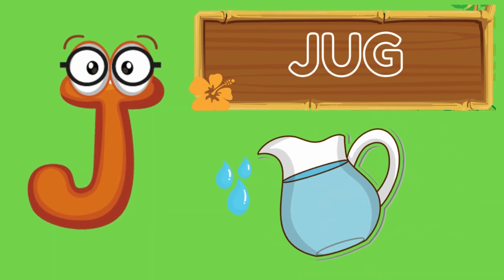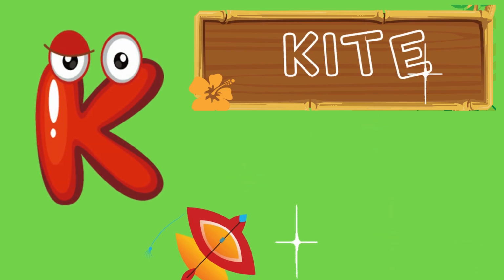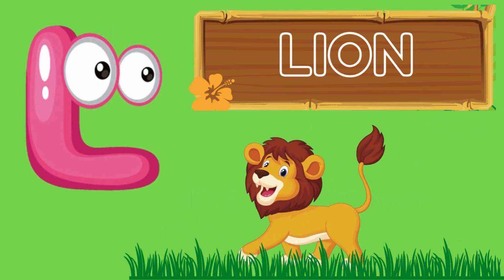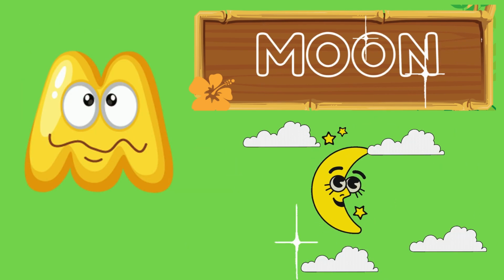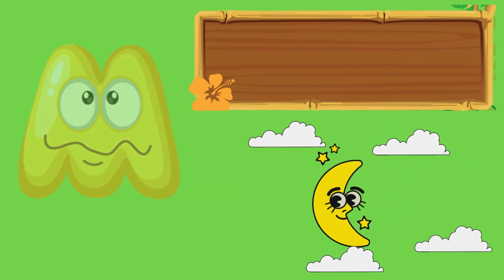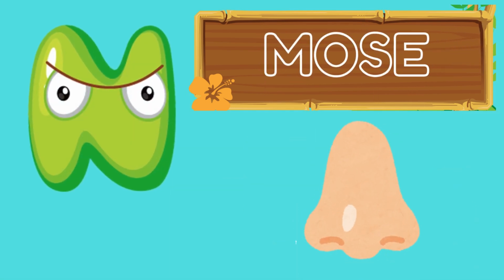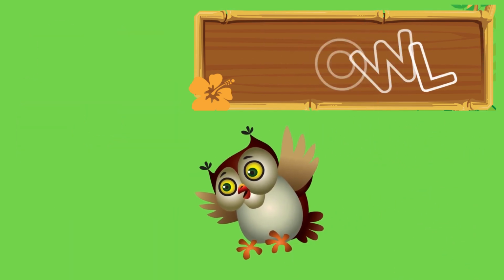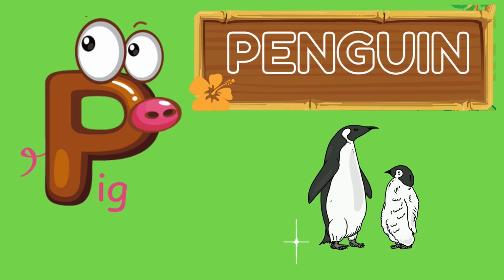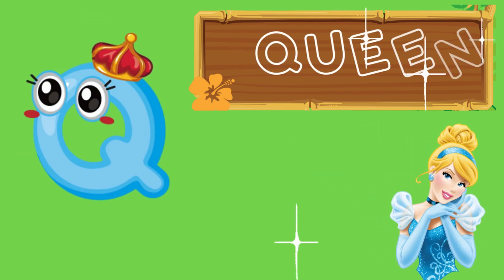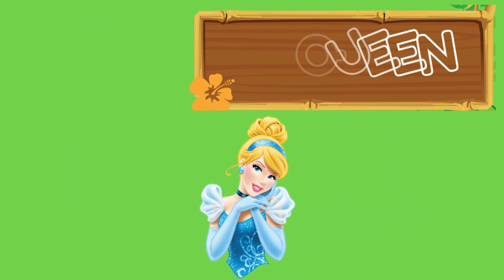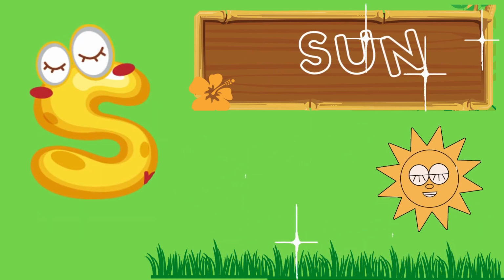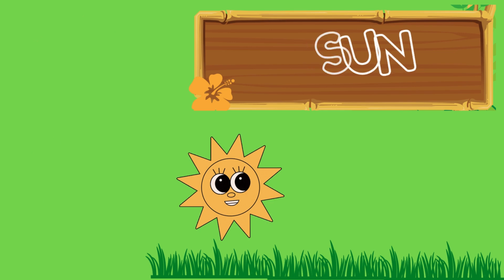J is for jug, K is for kite, L is for lime, M is for moon, N is for nose, O is for owl, P is for penguin, Q is for queen, R is for rabbit, S is for sun,